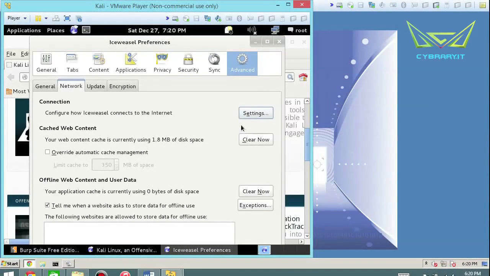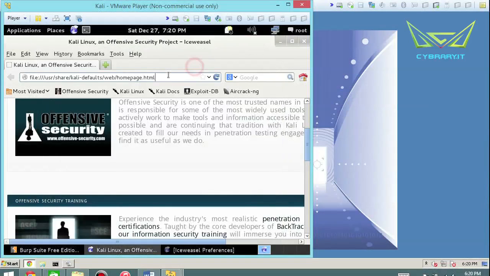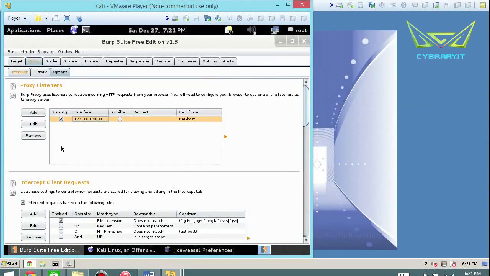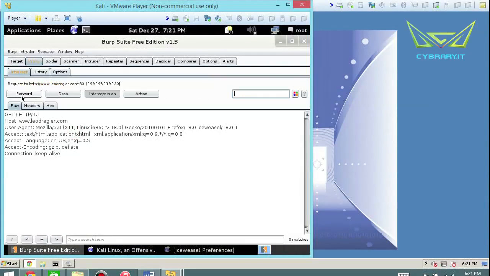Okay, so go ahead and click enter, and then go to some web page. I'm going to go to www.leodrager.com, and you notice that it'll kind of freeze and hang out here. This is good because if it does freeze, that means you can go back over to the burpSuite and then you can see the intercept traffic on. So that means that my host or the burpSuite actually received the request,